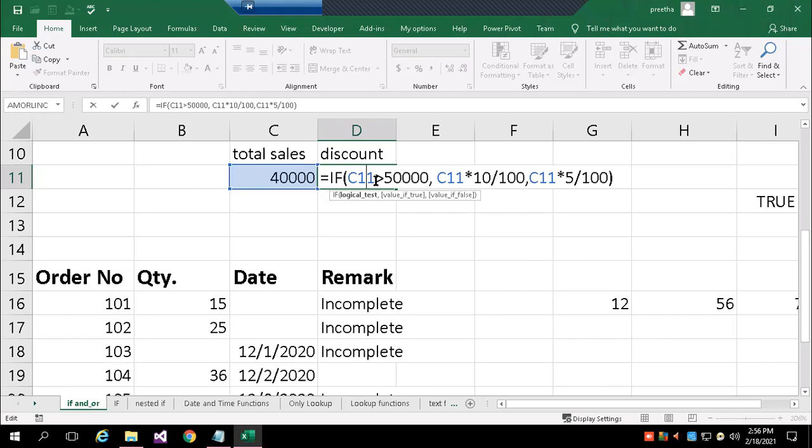Both can be decided. IF has only three arguments: first the logical test, comma, then value if true, next comma, value if false. When the condition is very simple, you write it directly. If there are multiple conditions, then you introduce the AND function or OR function.